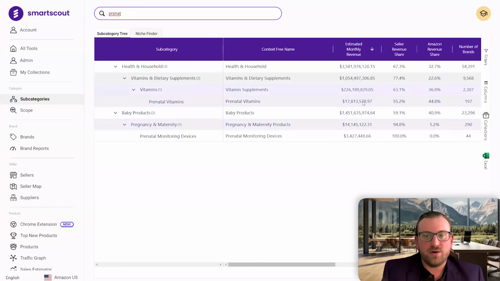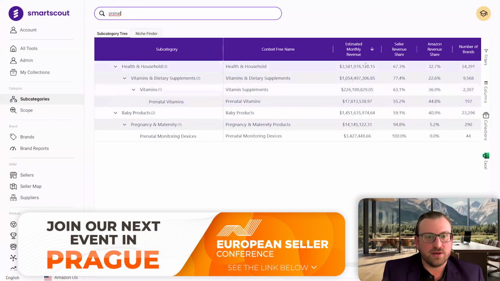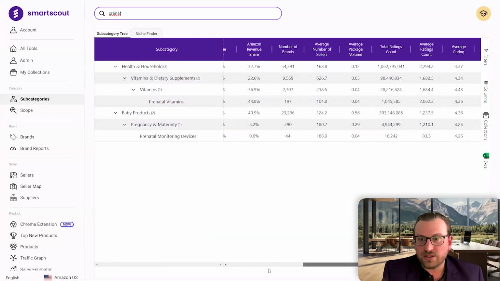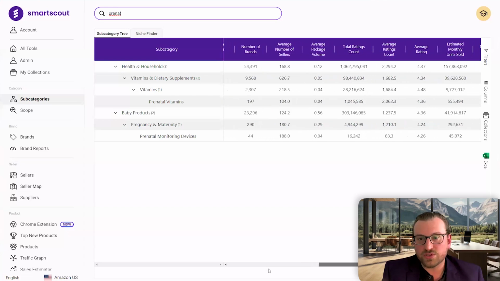And we see, okay, so that's nestled under health and household, as we know, and it is a $17,800,000 a month category on Amazon. There are a bunch of 1P brands here, but it is still dominated by third party. We see 197 brands, average number 100 sellers, and you also get insight into the total.